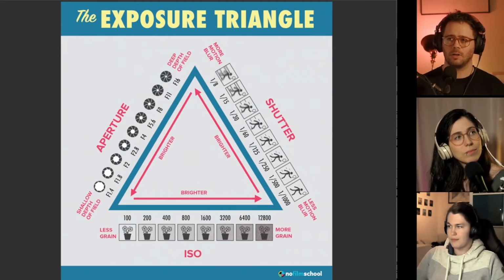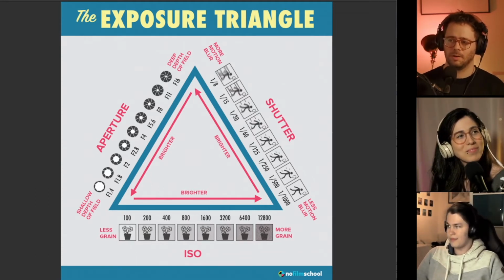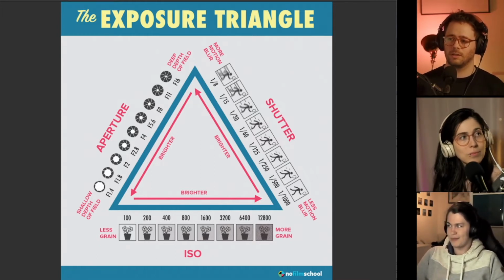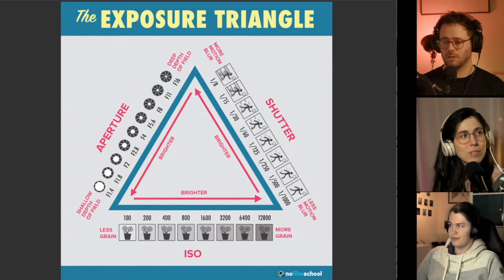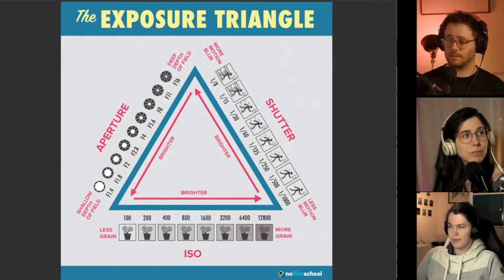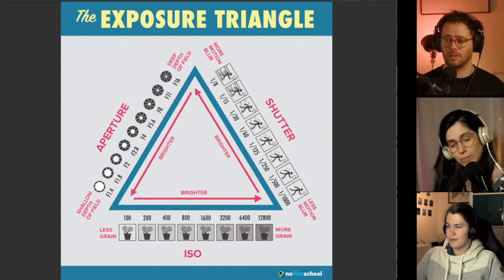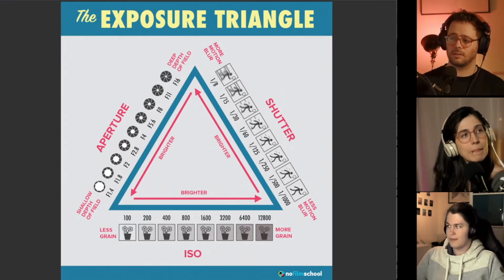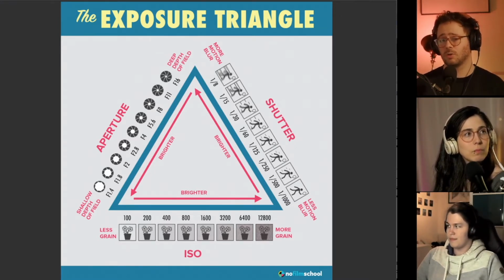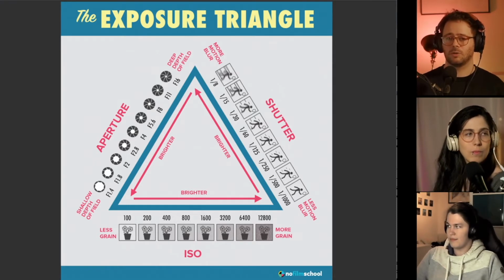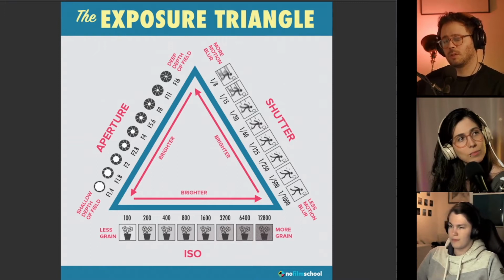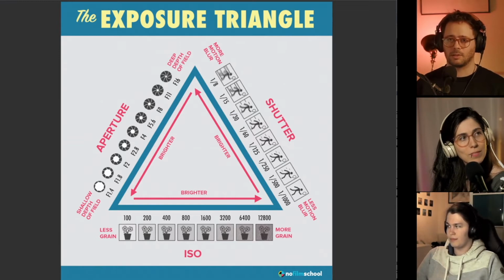Well, how can a lens, as you describe it, be fast? It's because it needs less time to get the same amount of light. So it's all referring to the speed of the shutter. But the sensitivity, yeah. When we talk about a fast ISO, like in the days of film, for example, we say fast film, meaning fast ISO or high ISO. So fast and slow, when you're talking about ISO or aperture, it's all referring to the relation to the shutter speed, meaning it will allow you to use a fast shutter speed or a slow shutter speed. So I think that's a good way of understanding it.